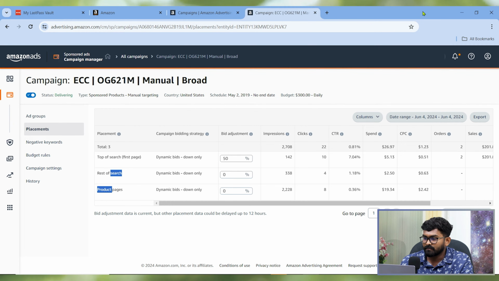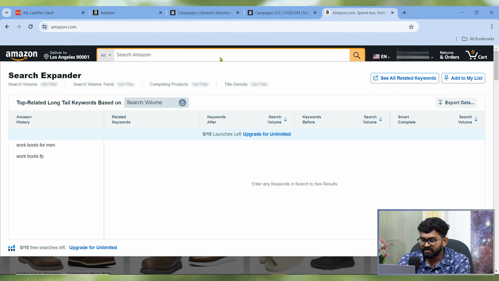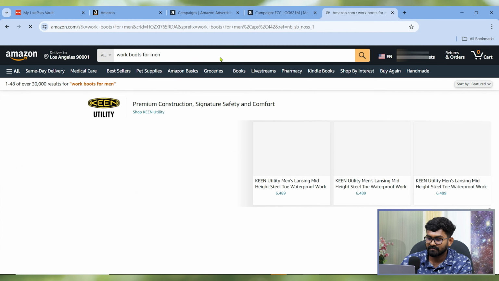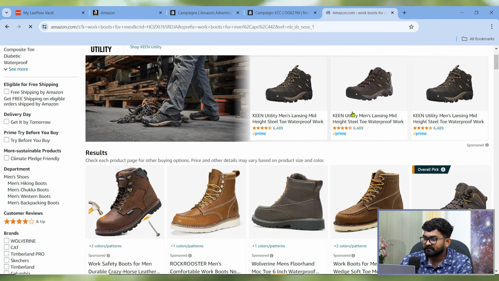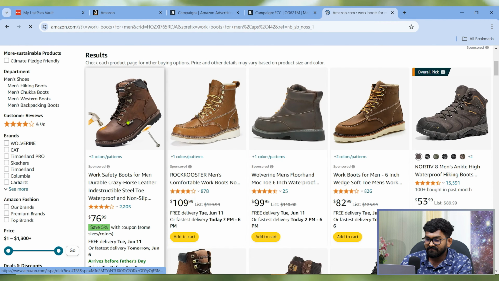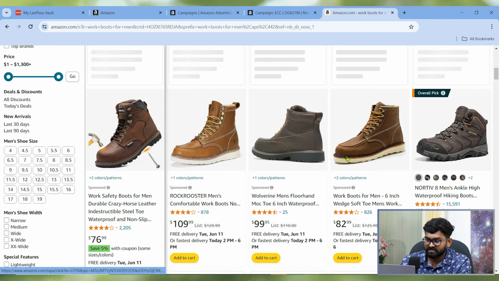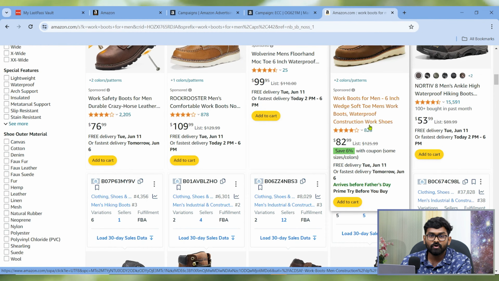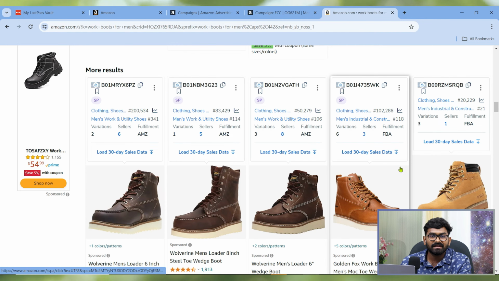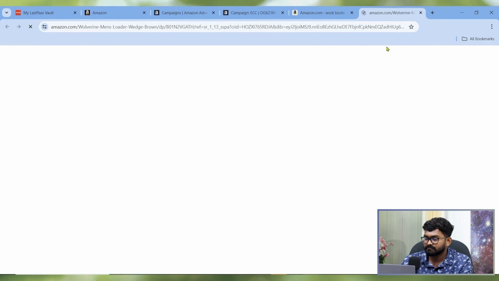Let me give you a better example. If I go to amazon.com and search with a random keyword, as you all know, the first one is sponsored brand ads. So except this one, you can see the first row of the first page. This is called top of search first page. Okay, then except this first row of first page, all other places here you can see are considered as rest of search. And now if I go to any product's detail page